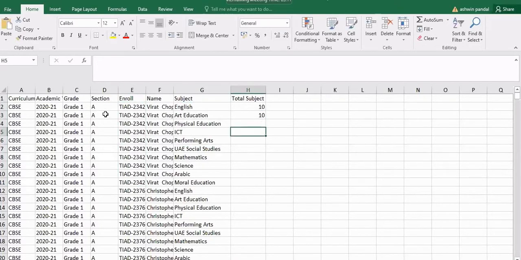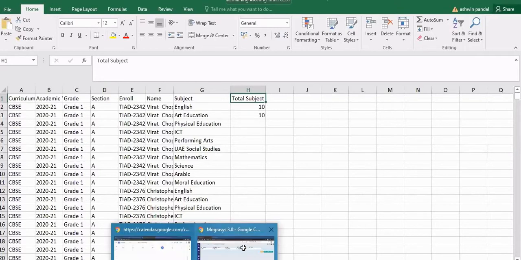They will filter on grade level and select the total subject filter. If it is mismatching somewhere, they will select only the mismatched students, just to analyze whether the mapping is done correctly for all the students.